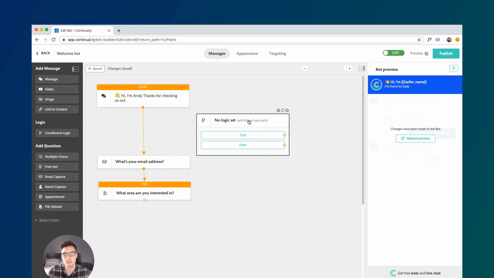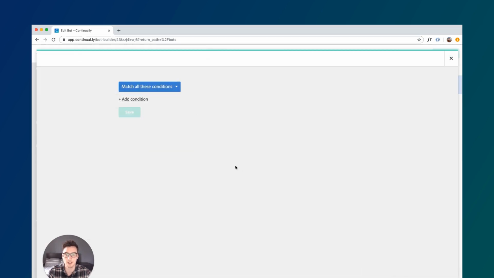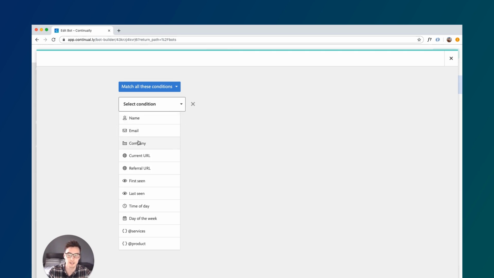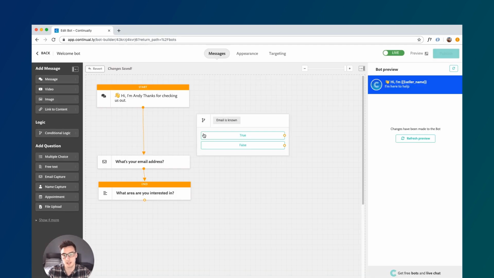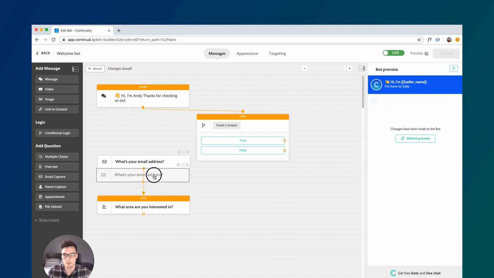onto the canvas, and then I'm going to click that and start adding my conditions. So I'm going to select a condition, and here you can see all the defaults that we've created. For this, I want to use email, and it's already set to is known, but you can set it to is not known or contains. So is known is what I need, and then I'm going to hit save. And then all I need to do is connect that up and make some room